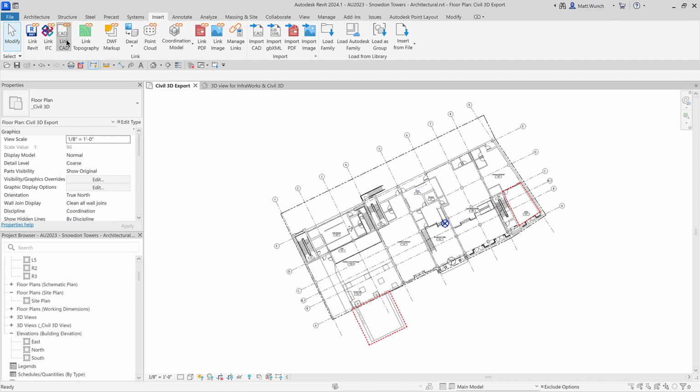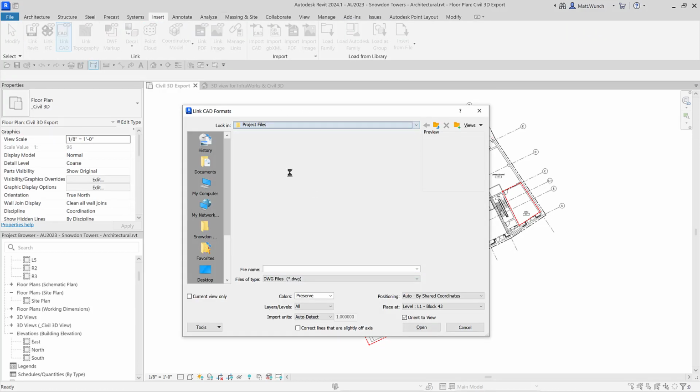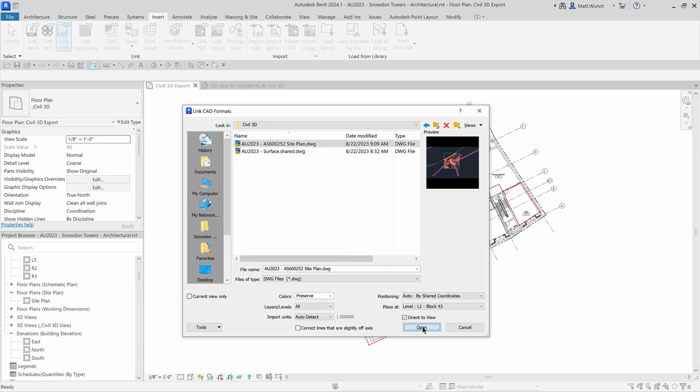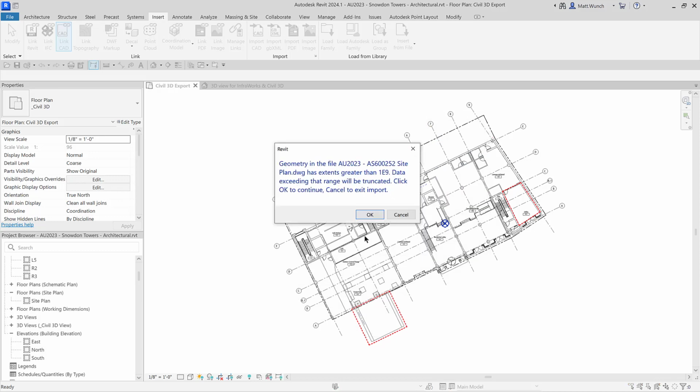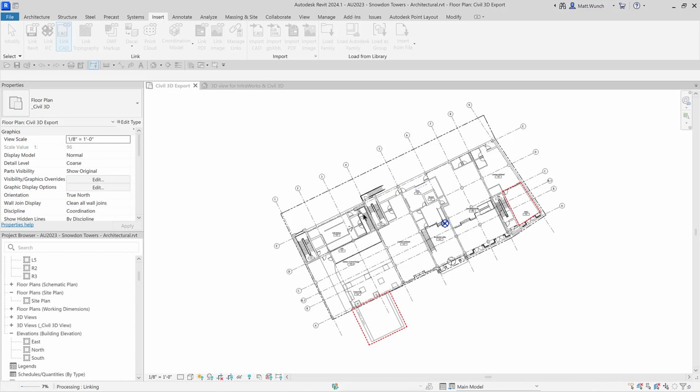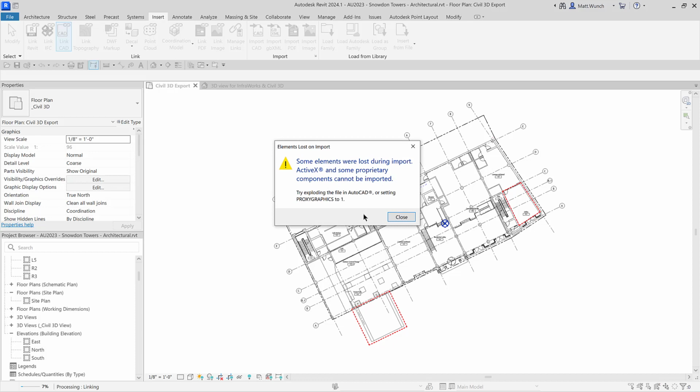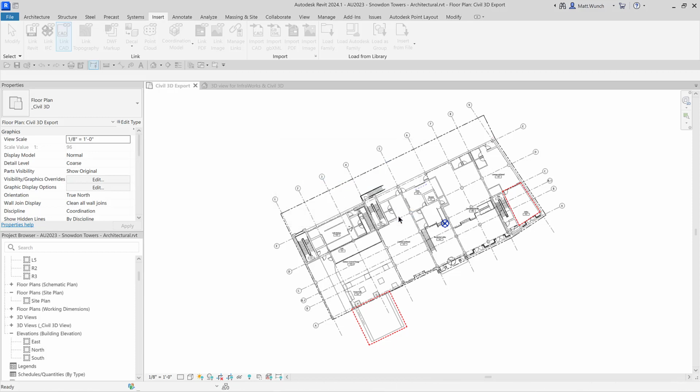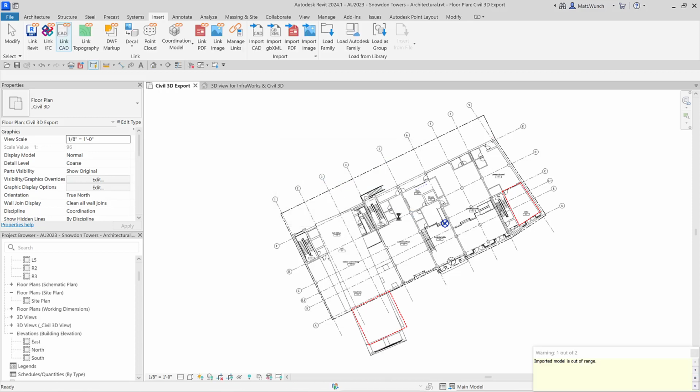When we link the Civil 3D drawing, we receive a message about data exceeding Revit's limits. We'll address this in just a moment. But more importantly, we don't see any of the contours needed to create the Toposolid. This is because the contour lines are essentially embedded into the surface, which is displayed as a proxy object inside of Revit. Sort of. In order for us to actually be able to see the contour lines in Revit, we'll